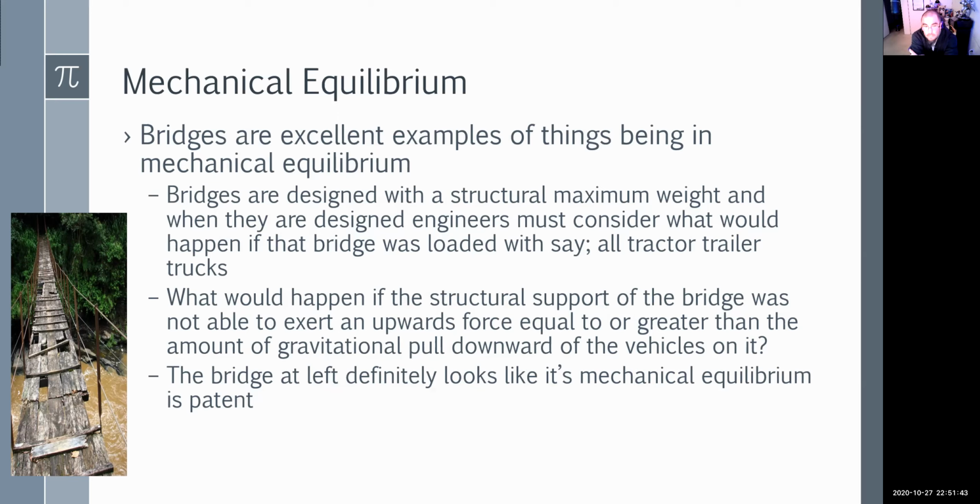But how often do you think they inspect that? I don't think they inspect it as often as you think they would, right? There was a whole study, I think it was in 2016, because it was about when President Trump was elected into office, that showed that something like 70% of our bridges in the United States are in disrepair, right? And something like 25% of all bridges are structurally unsafe at this point. That's terrifying,